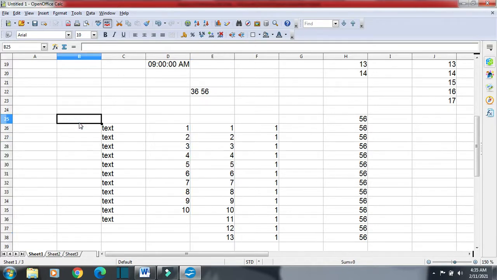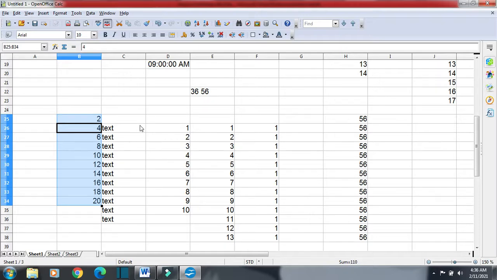Suppose the first value is 2, the second value is 4, select the values and you can see the increment is 2. It will give 6, 8, 10, 12, 14, 16, 18, 20.